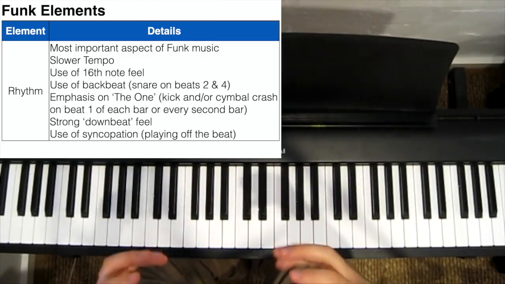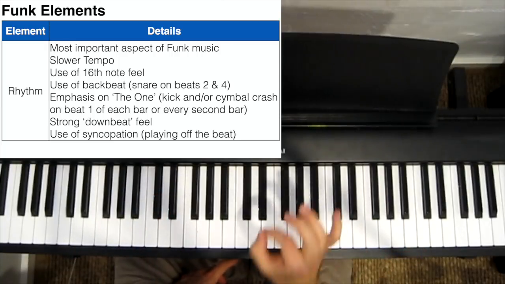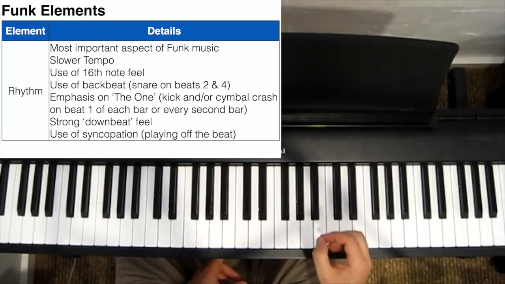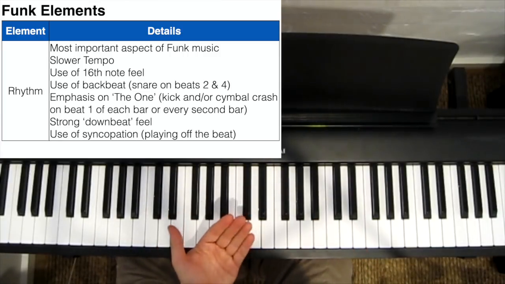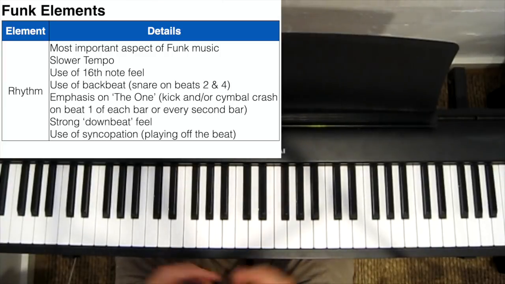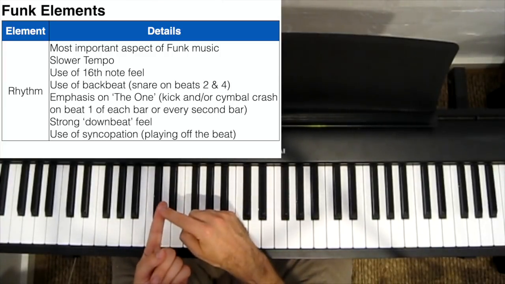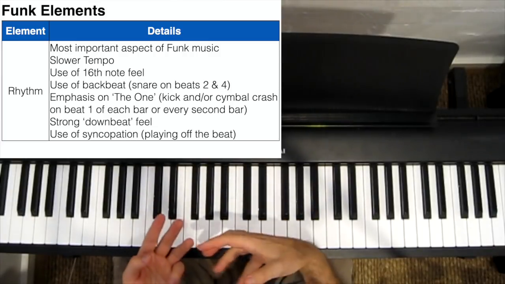And because downbeats, especially the 1, 2, and 4, are so strong and emphasized in funk music, that gives instruments the freedom to play with a lot more syncopation and still be able to keep a really steady and driving beat. So in summary, rhythm in funk should use 16th notes, emphasize the 1 beat, and use quite a bit